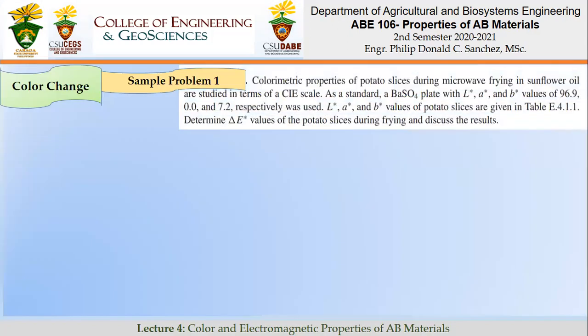So for example, the colorimetric properties of potato slices during microwave frying in sunflower oil are studied in terms of the CIELAB scale. As a standard, a BaSO4, a sulfate plate with L, A, and B values, is used. These are the measured values, equal to 96.9 for L, 7.2 for A, and